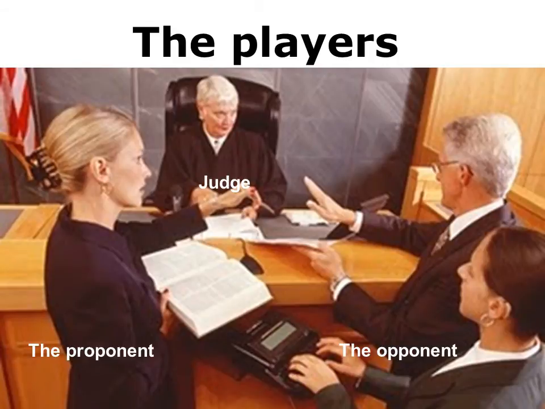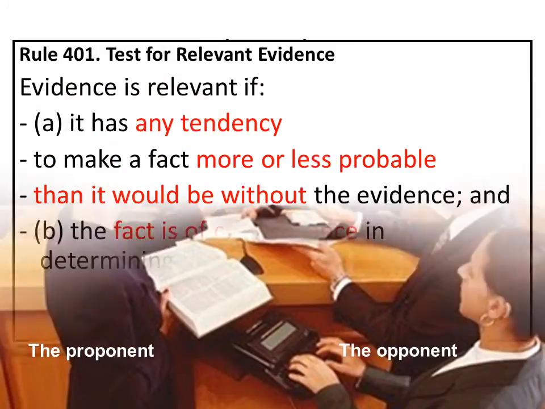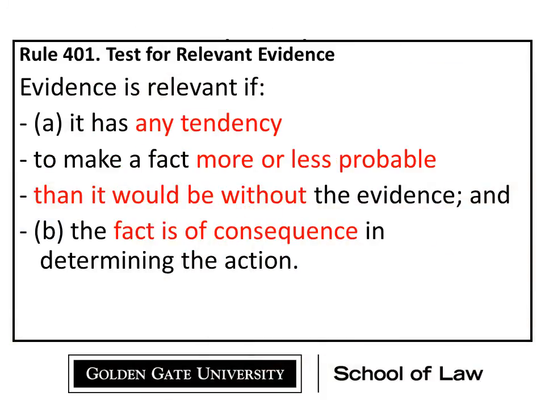Notice that if I'm on the other side, if I'm on the opponent's side, I'm going to use this rule in a very different way. I'm arguing now again that I'm objecting. I'm saying it's irrelevant. I'm saying it doesn't meet this even speed bump of a very liberal definition. If I take this same rule, I have to say before you even get to the specifics of the evidence, I have to argue this evidence has no tendency, because if it has any, it meets the definition. This has no tendency to make any fact that matters, to make any fact of consequence more or less probable